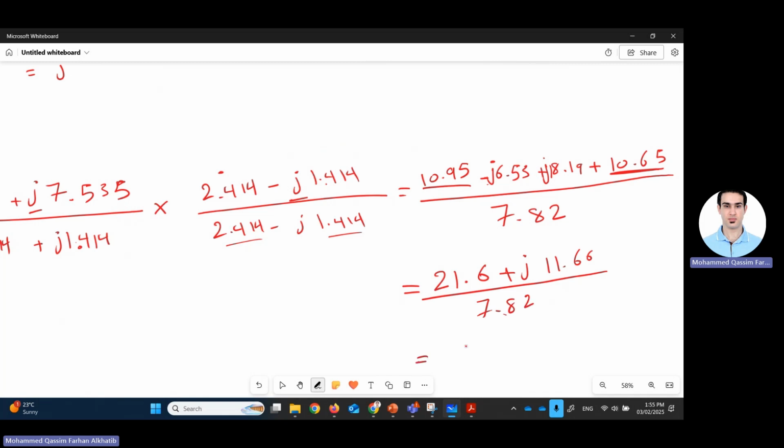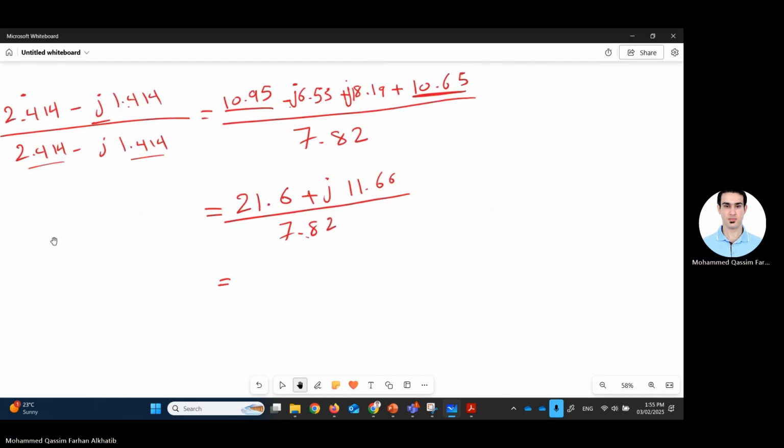So distribute the division. 21 divided by 7, what? 49. Now the amplitude of H of 3 kilohertz,